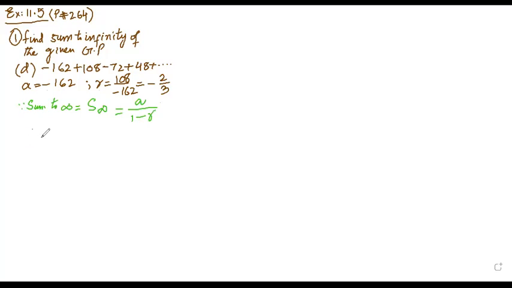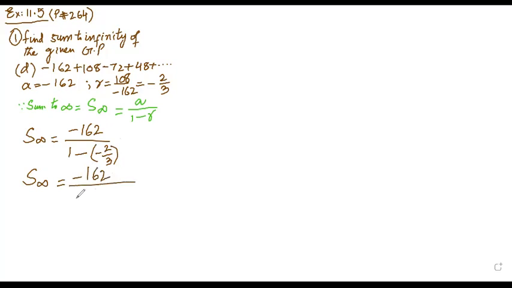S infinity is equal to A, which is minus 162, upon 1 minus R. So S infinity is equal to minus 162 upon 1 plus 2 upon 3. So S infinity is equal to minus 162 upon 5 upon 3, which will become equal to